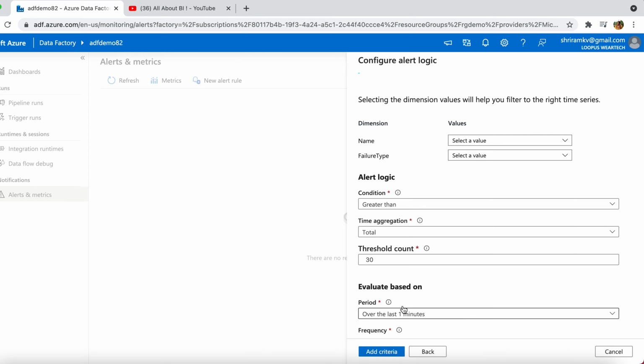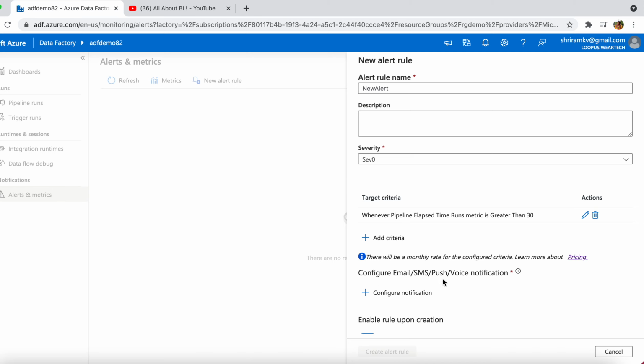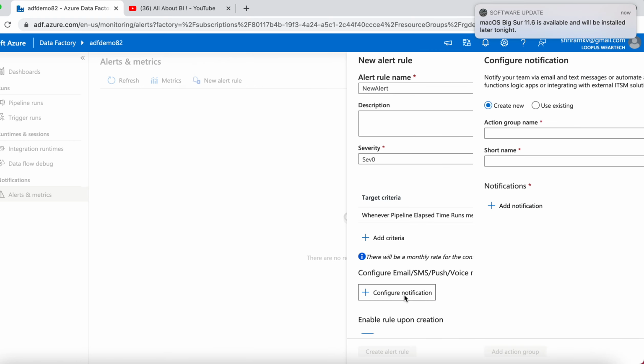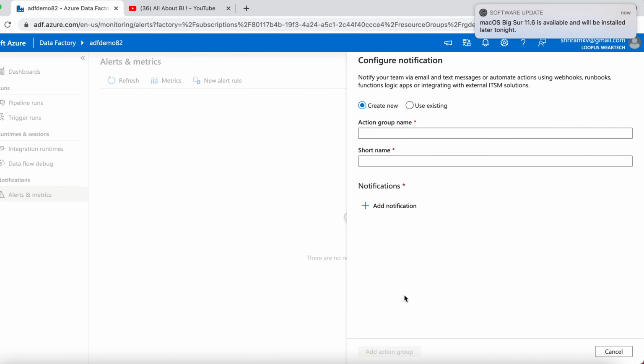Once you do all this and add criteria, you will be able to set up push notifications. You can have the configuration set up here. You will have to provide your mail id, your mobile number for SMS notification, and your number for calls.